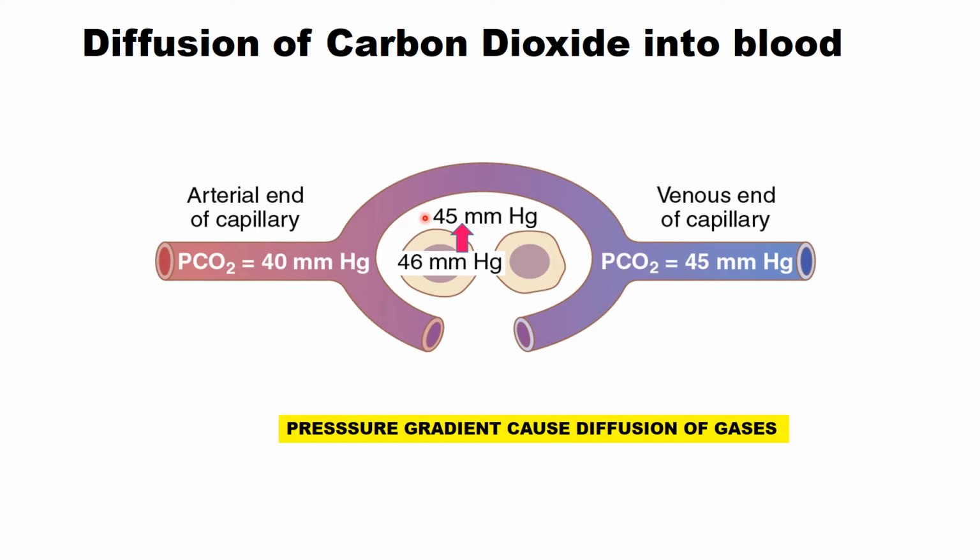As you can see here, the interstitial fluid has a partial pressure of carbon dioxide of 45 mm, and this is so because of the rapid diffusion of carbon dioxide out of the cell into the interstitial fluid. Next, when the carbon dioxide is present in the interstitial fluid, it will then diffuse into the arterial end of the capillary, where the partial pressure of carbon dioxide is 40 millimeters of mercury. Soon this blood will be flowing from the arterial end of the capillary into the venous end, and it will attain an equilibrium with the interstitial fluid, and then carbon dioxide will be carried into the systemic venous system.